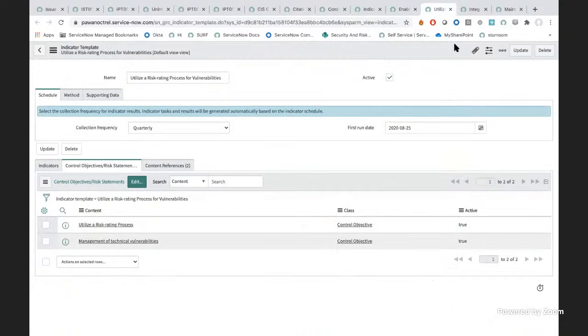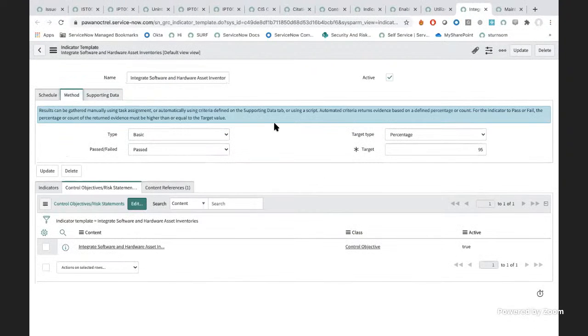The other enhancement that we did on the indicator itself is we added a way for you to calculate the threshold for that indicator. Today, indicators are simply passed or failed based on a certain condition under supporting data. What we've added is a way for you to also define whether you want the indicator to pass or fail based on a certain percentage or a certain count. So only if that percentage of the evidence is returned or that count of evidence is returned,